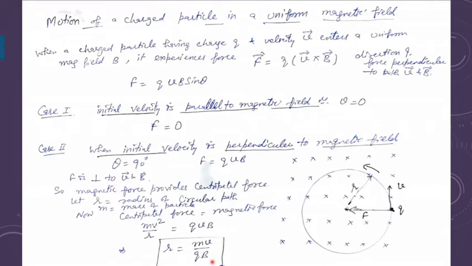Q is the charge on the particle, B is the value of the magnetic field, m is the mass of the charged particle, and v is the velocity with which it is moving. So if everything is given to you in a numerical question, you should be able to find the radius. Or if they give you the radius, they can ask you to find the velocity or anything, depending upon what they want to ask.